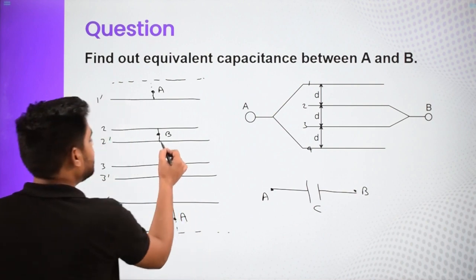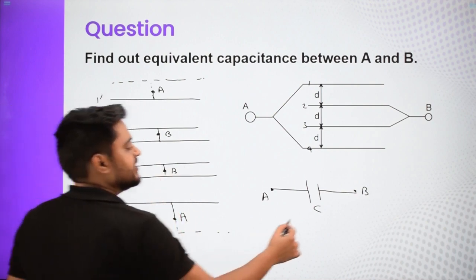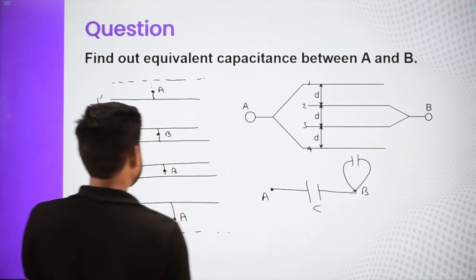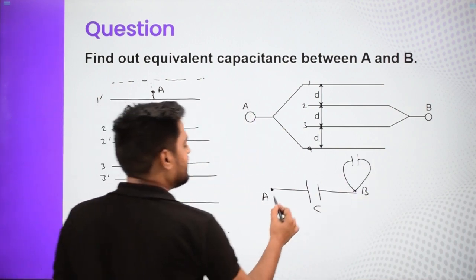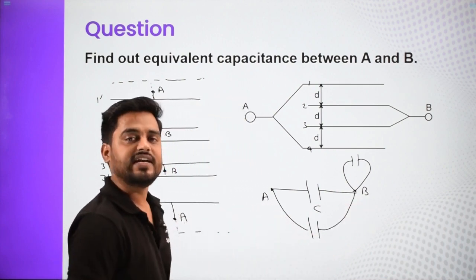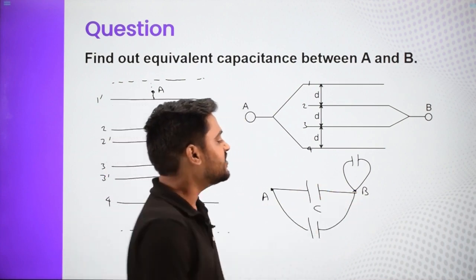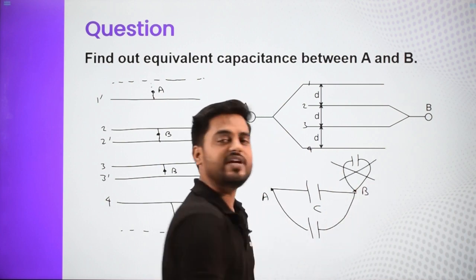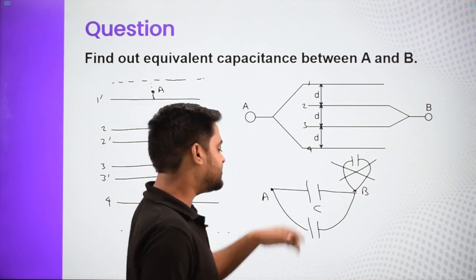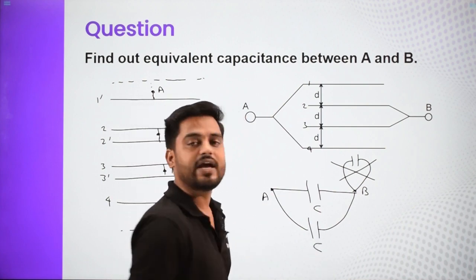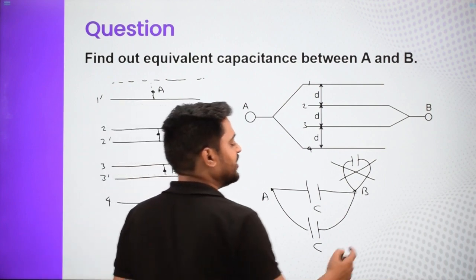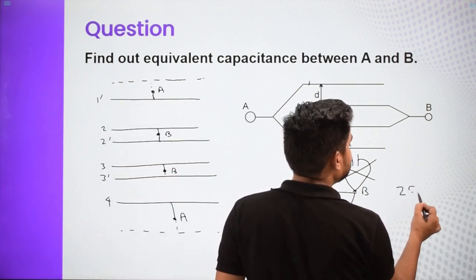So what about this? This is connected between B and B. So one capacitor is connected from B to B only. And the last capacitor is connected between B to A again. So like this. Now see, they are asking equivalent capacitance between A to B. So this capacitor is connected from B to B itself, so no charge will enter and no charge will come. So these are just two capacitances, each having capacitance equal to C in parallel. So equivalent capacitance is going to be just C plus C, that is 2C.